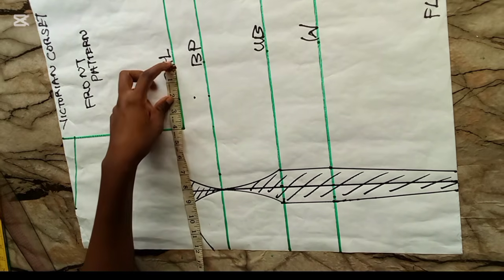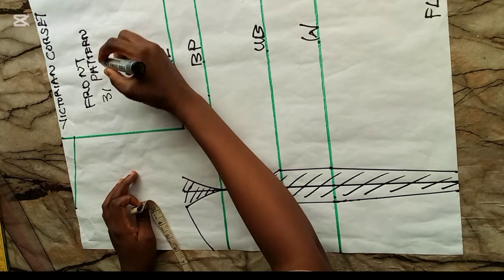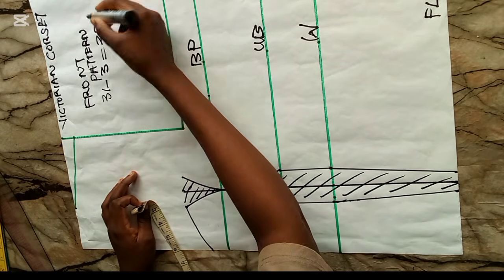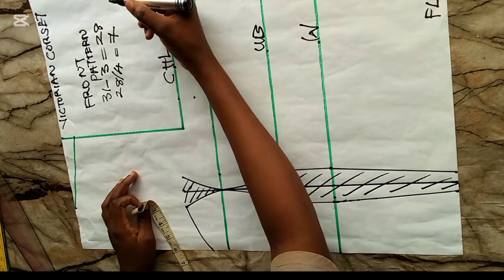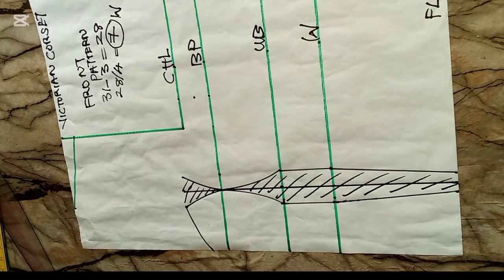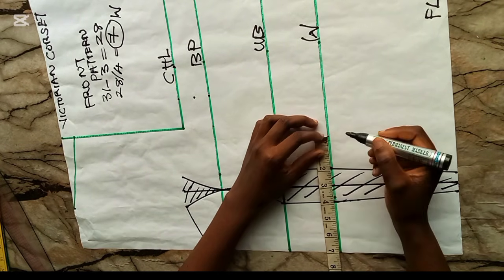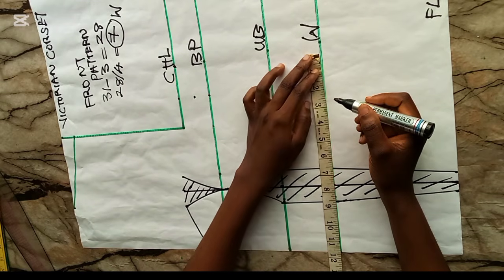Then on my waistline as well, the waist I am working with is 31 and I want to snatch the waist by 3 inches. So 31 minus 3 is 28 and 28 divided by 4 is 7. So what this means is that the waist I'll be working with is 7 inches. So on my waistline I am going to mark the 7 inches and then I'll add back the 2 inches